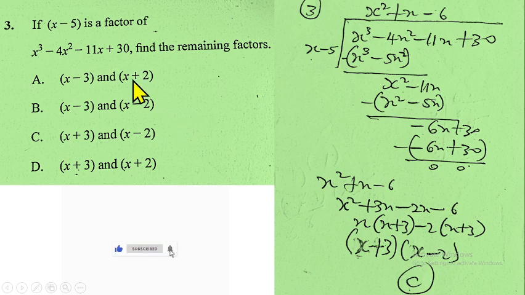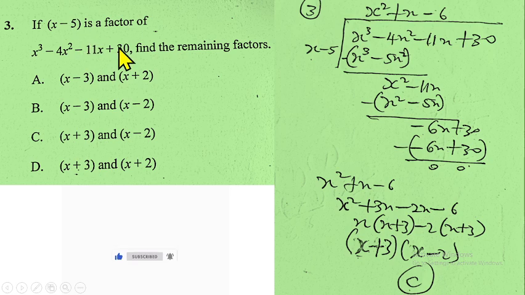Question number 3 is from Polynomial. If x minus 5 is a factor of x cubed minus 4x squared minus 11x plus 30, find the remaining factors. So this is a cubic expression, so it's meant to have 3 factors, and you'll be given one of the factors,